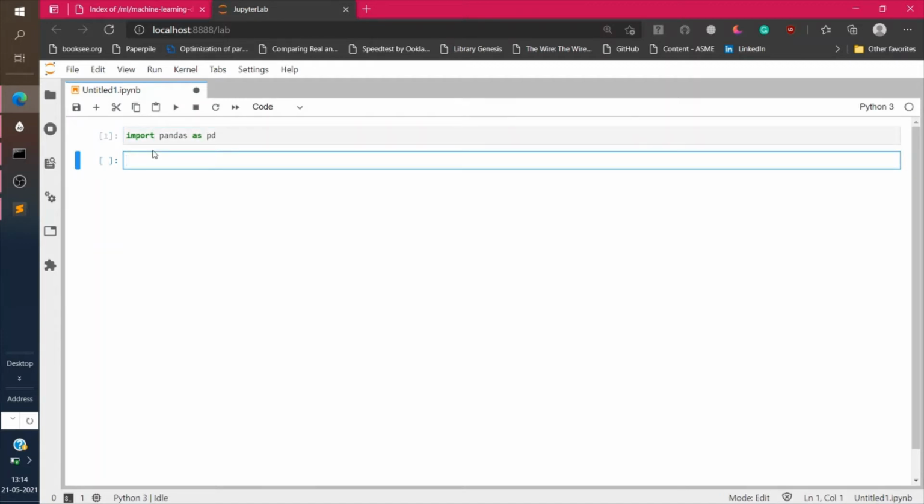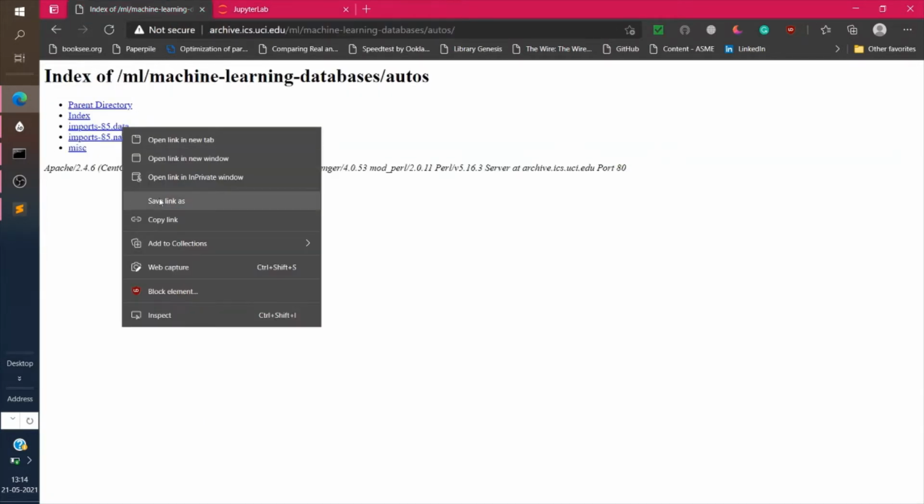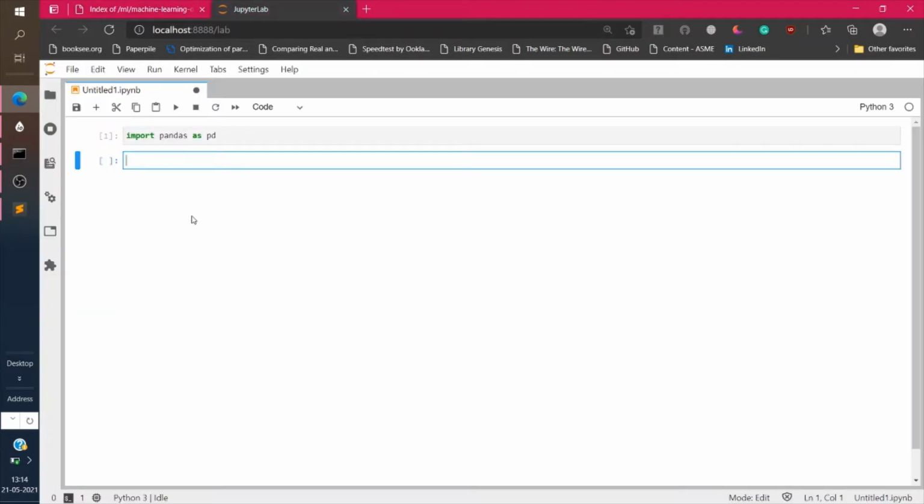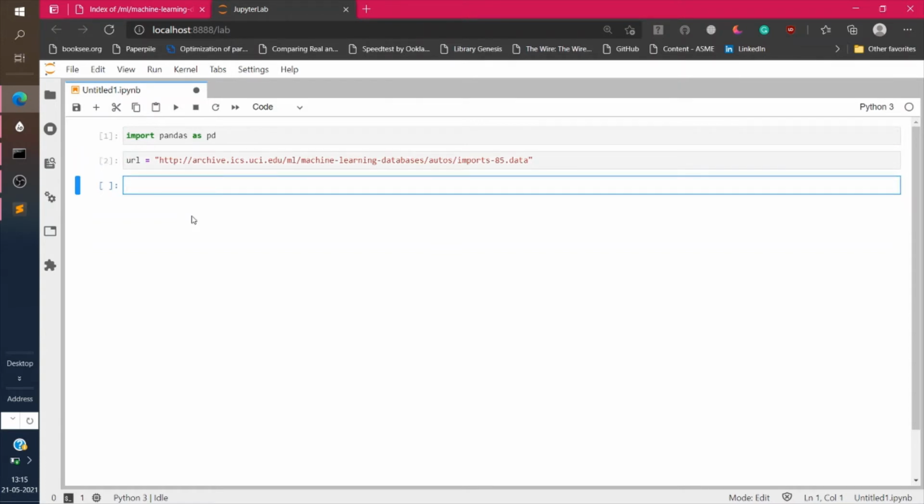After that, I am going to define a variable with a file location, and in this case, I am going to use a link from this site. Lastly, I am going to use the read_csv method to read the data from this URL.